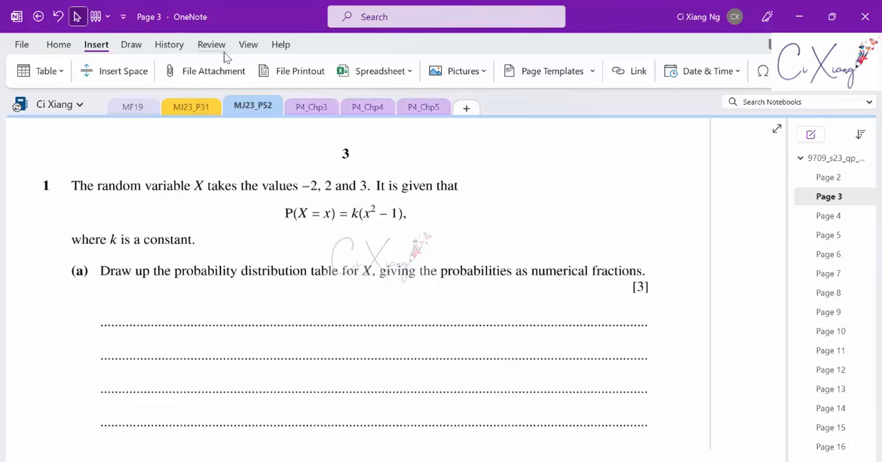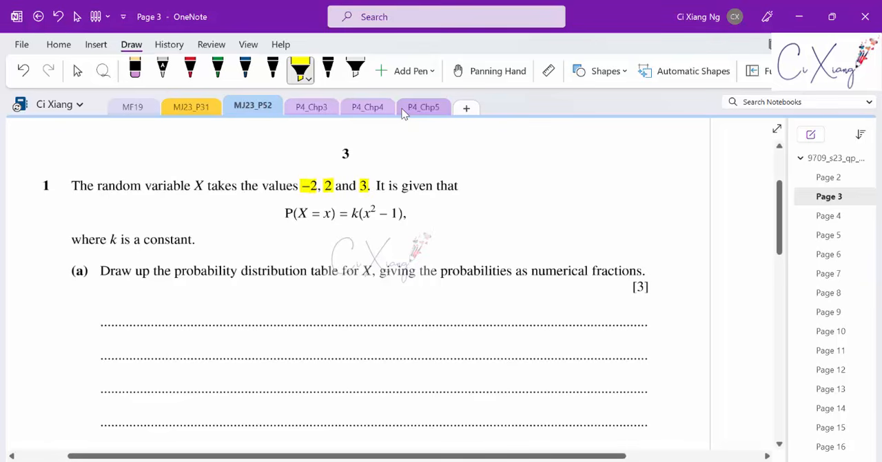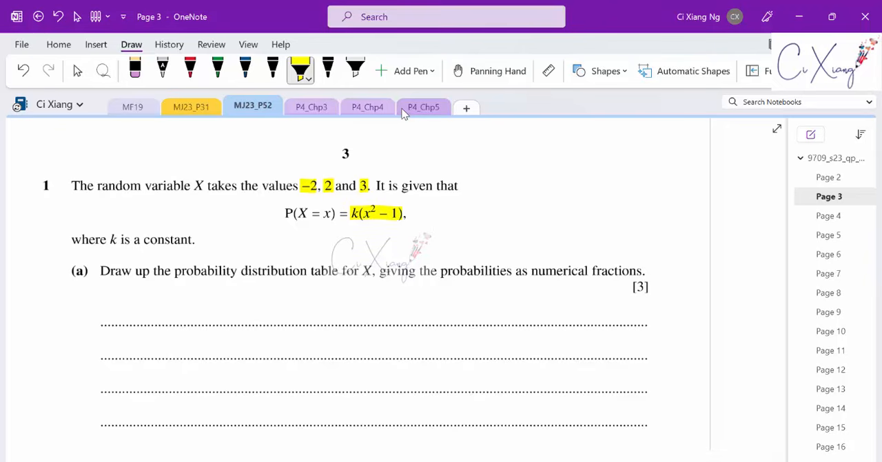Okay, we have the random variable x, and the three values for x are -2, 2, and also 3. It is given that the probability for x to take a particular value is k times x squared minus 1, where k is a constant. Draw a probability distribution for x, giving the probabilities as numerical fractions. Before we can draw our probability distribution table, we actually need to find the value for